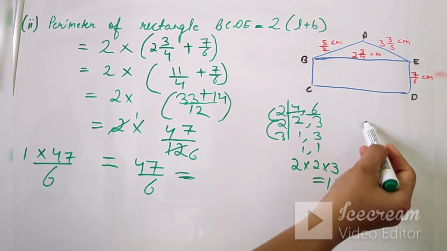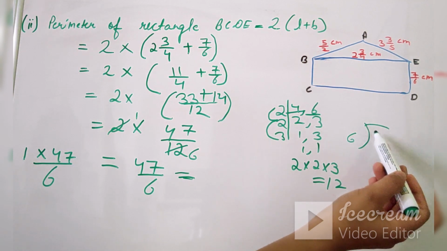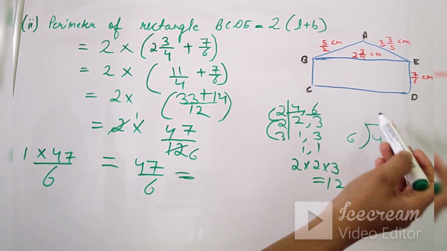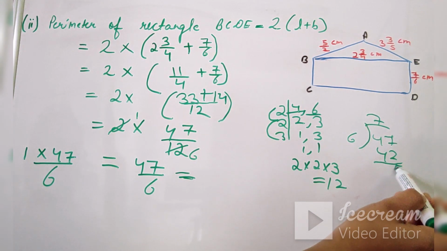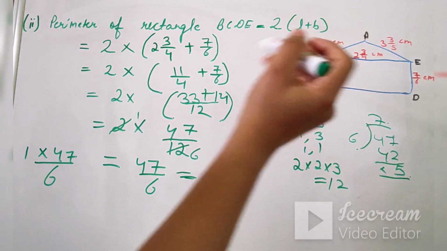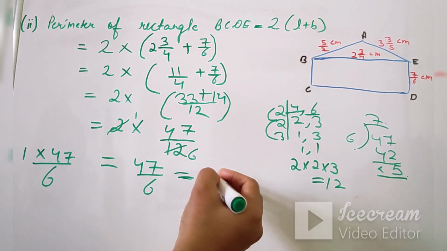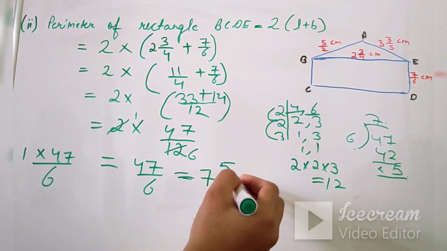कैसे करते हैं मिक्स फ्रैक्शन में कन्वर्ट इसको? आप सिंपली 6 47 ऐसे डिवाइड करेंगे. 6 7s are 42. ओके, सो यहाँ कितना आया? 5. सो दिस इज क्वोशिएंट, रिमाइंडर, डिवाइजर. QRD की फॉर्म आती है. Q मीन्स क्वोशिएंट, R मीन्स रिमाइंडर, and D means divisor, that is 6 over here.